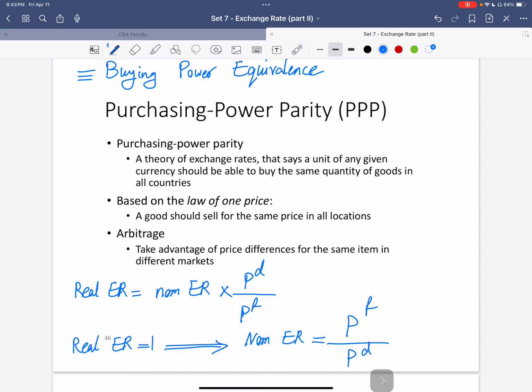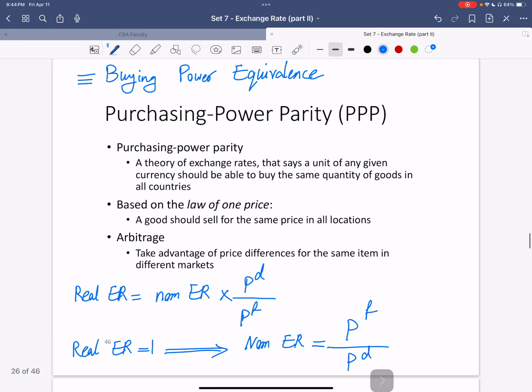Okay. If the theory of purchasing power parity holds, it means that the price of, for example, Big Mac in the earlier example in both countries should be the same. It shouldn't be 1.16 Japanese Big Mac equal to one Big Mac in the US. It should be exactly equal. One Big Mac in the US, one Big Mac in Japan should be the same. They should be the same when converted into the same currency, say in dollars. For example, if the price of the Big Mac in US is $5, and the price of the same Big Mac is, let me just